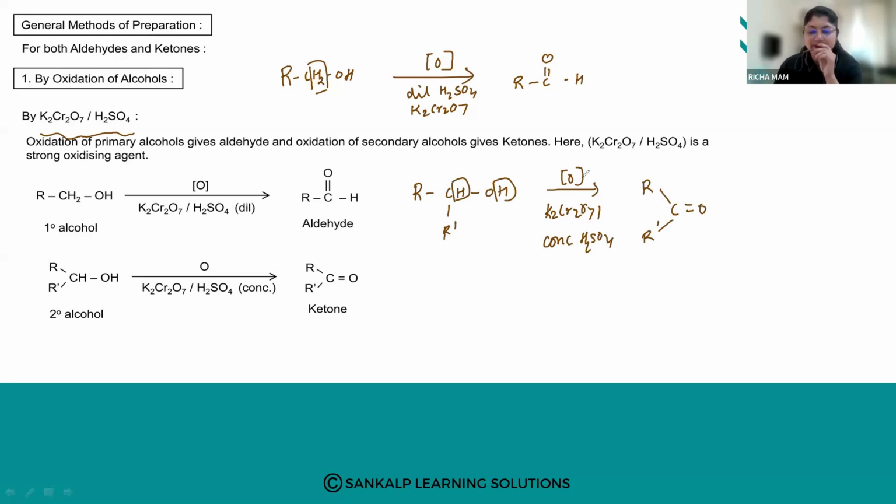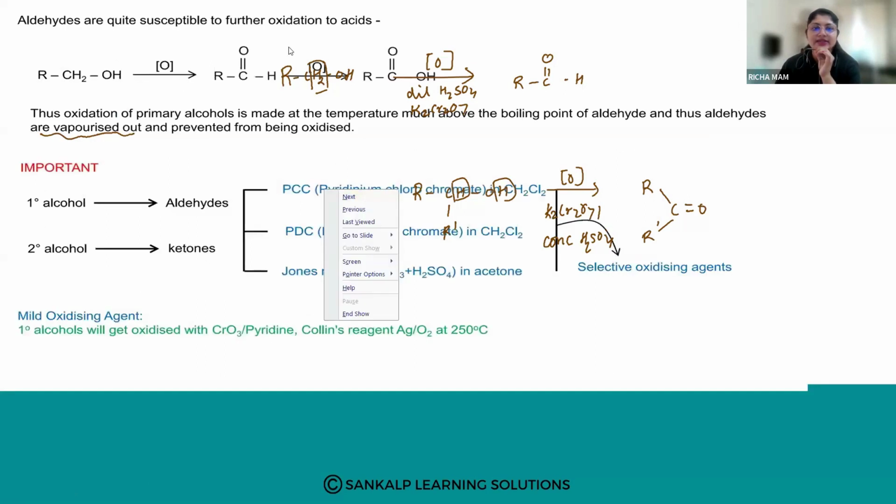So these things we have seen in the previous class. This was the first method. By doing a controlled oxidation on alcohols, we can get both aldehydes as well as ketones. So these are general methods. By these methods, we can prepare both aldehydes as well as ketones. Then the second method of preparation, which we had seen,